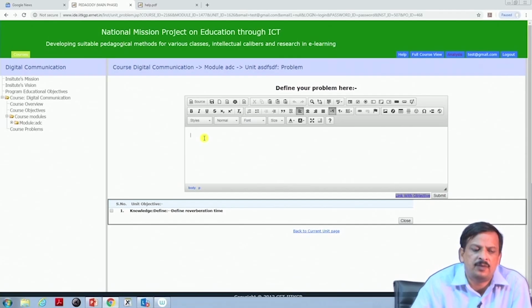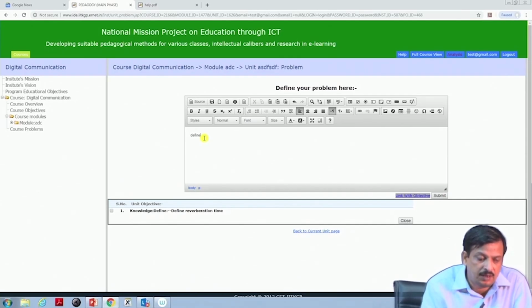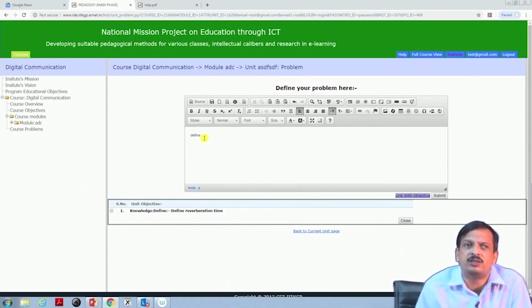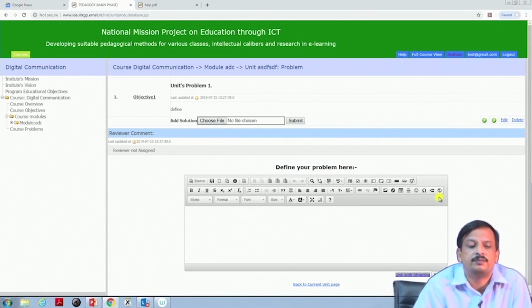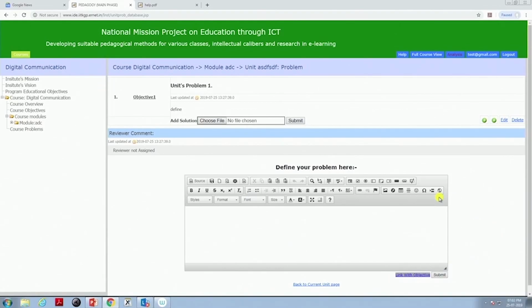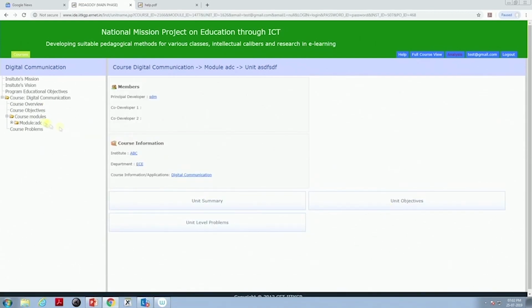So, I can say, define reverberation time. I can ask the students, if they are able to define it, they achieve this outcome. So, I click this outcome and submit. Is that clear? Similarly, when I say module outcome, when I go to the module level, let us say module level,